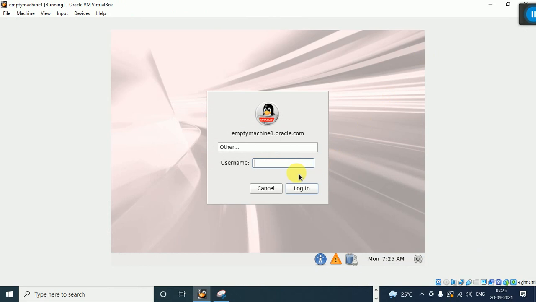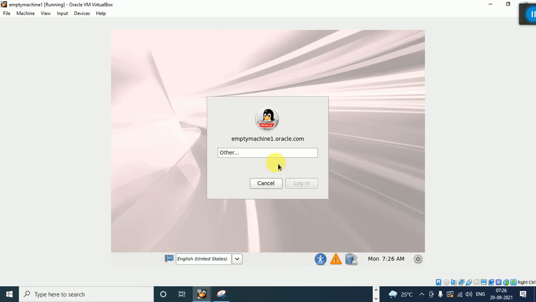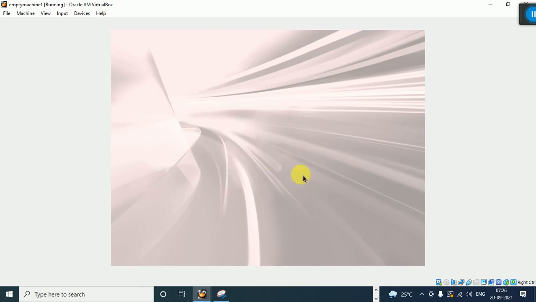So initially we are logging in with the root account. What is the username? Root. Everything is case sensitive in Linux, so you have to give small letters only. The username is root. What is the password? Oracle, with capital O. Click on login.